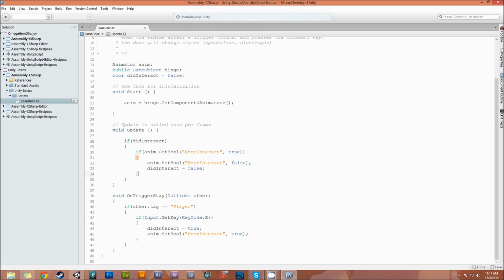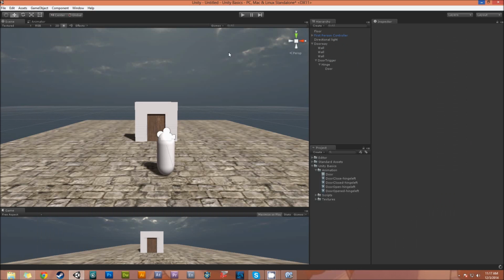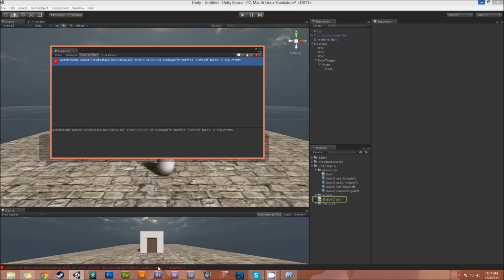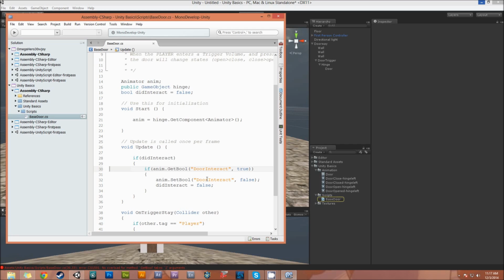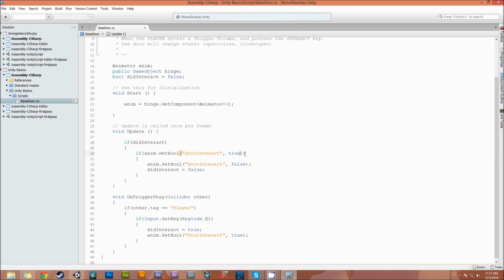So I'm going to save it now, and so it's going to cause it to interact when I hit a button on it. Errors. Get bool takes 2 arguments. Let's see. 2 arguments, huh? What are they? So, comma, ID. Oh, so this is probably, let's see if I did 0 for what state it was, maybe, or not state, but layer, 0, and then,